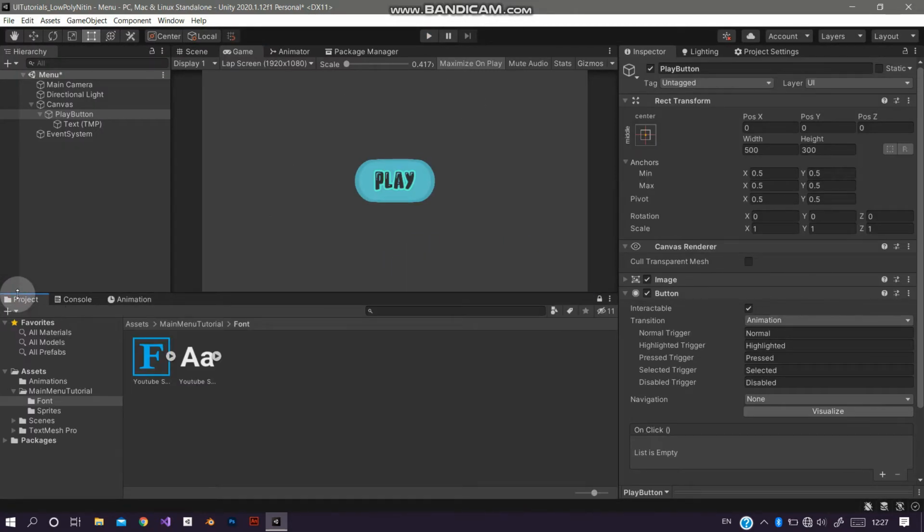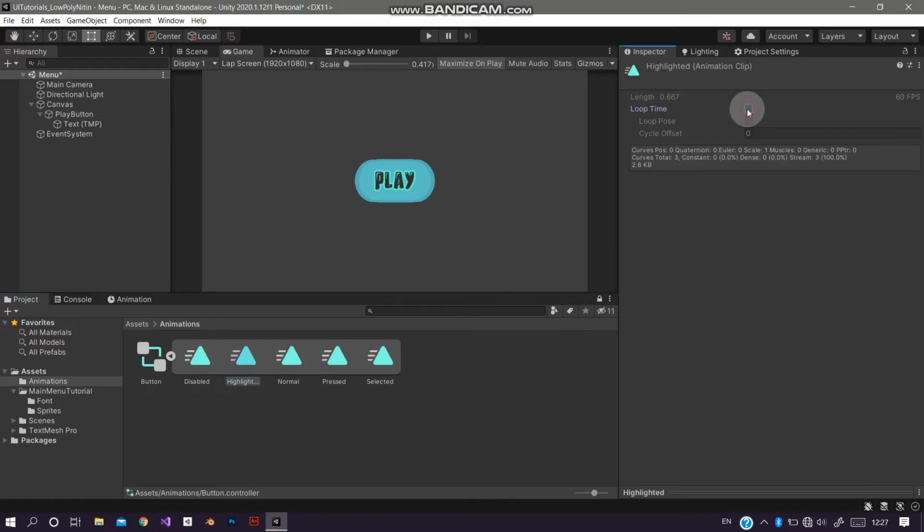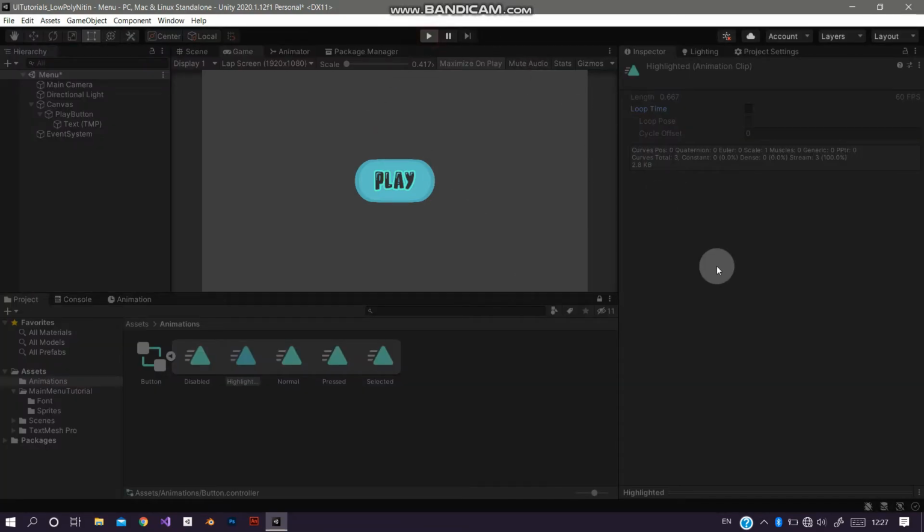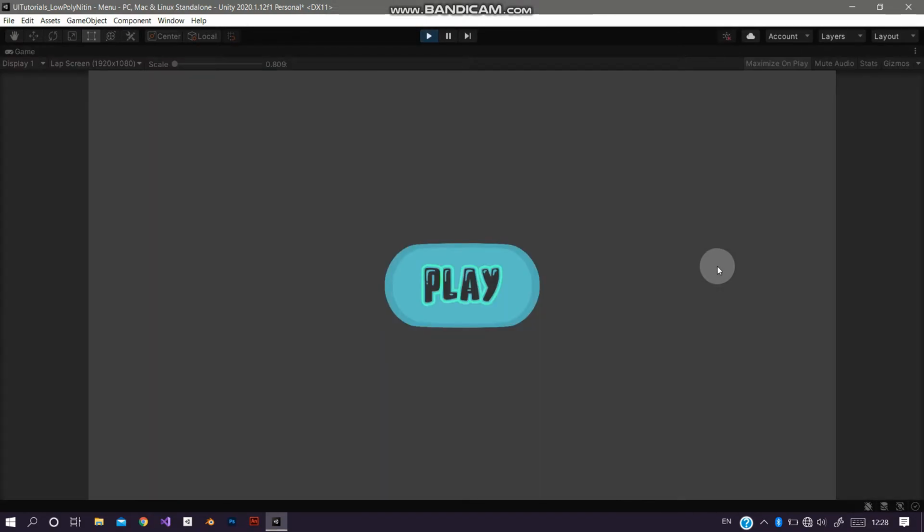So let's solve this problem. Go into animation folder and expand this button animator and select the highlighted and disable loop time. Now if you hit play, you can see it does not loop,